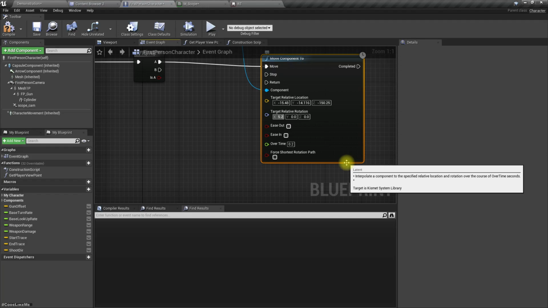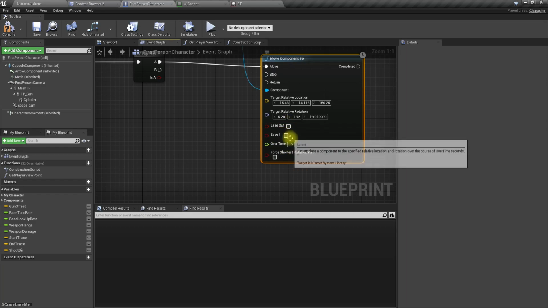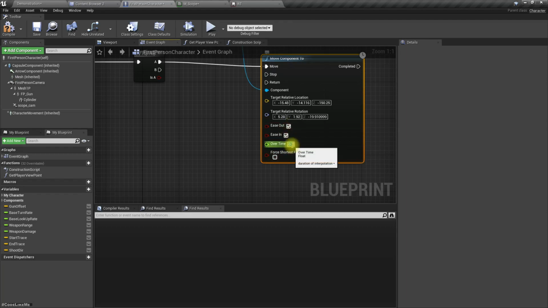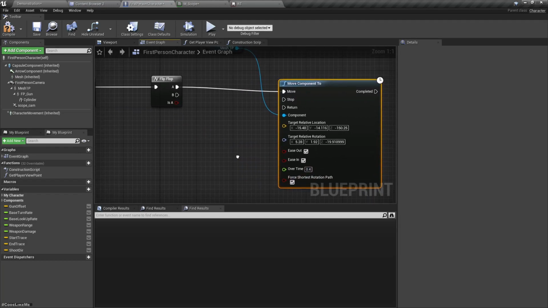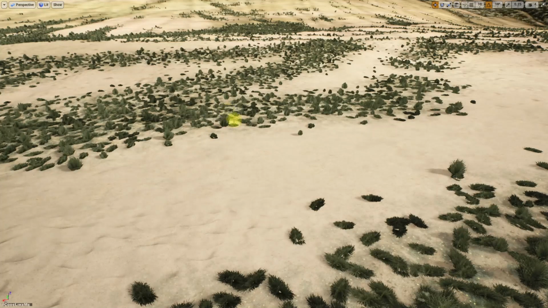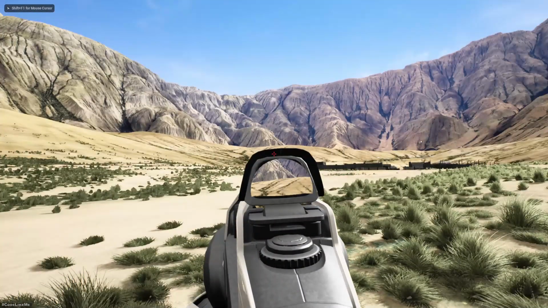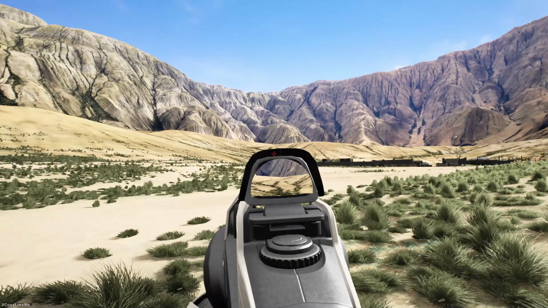Rotation 5.28, 0.92, 0.911. Let's see if this works. Alright, it kind of works,